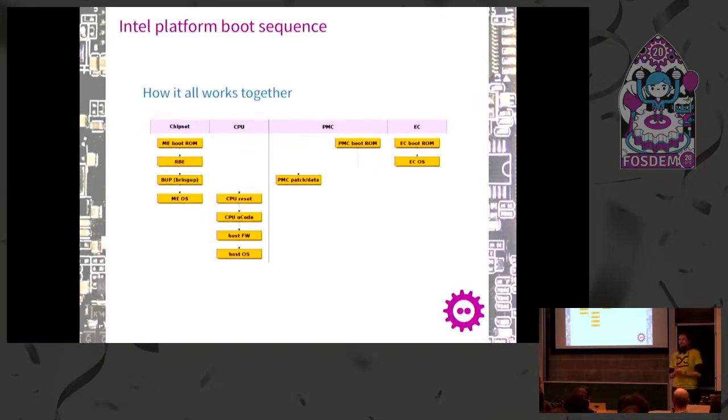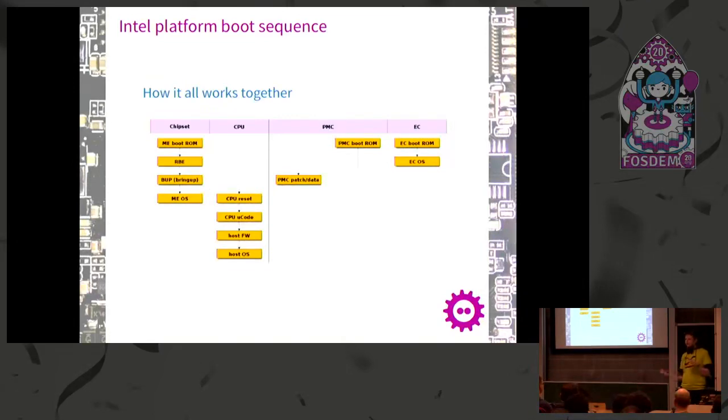But first, let's look at how the entire platform works together. So I just explained that we have lots of chips in our laptops, and one of them is actually the management engine. It's actually part of one of your SOCs. What is it doing? When you power on your laptop, there is a ROM in that chip. It's usually very, very tiny, and that's also true for many microcontrollers actually. They have something called a mask ROM or a boot ROM. So that's what's running initially.